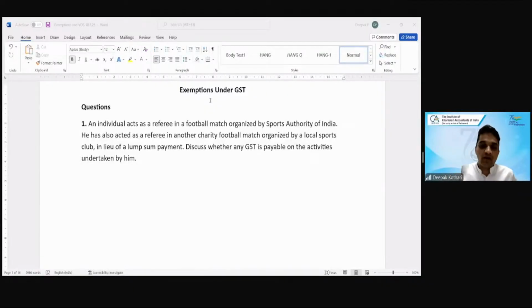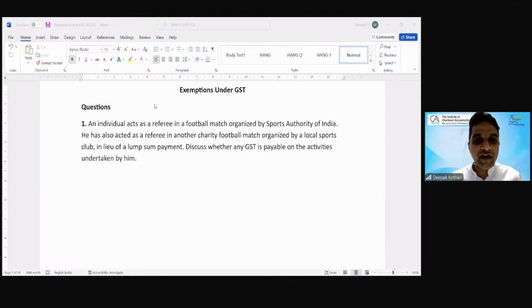So what we said is what we are going to implement now by working out some problems and seeing whether we are getting the right answer, and if we are not getting the right answer, what should we do to get the correct answer. That is the objective of these revisionary classes. This is specifically created by the institute so that during your revision we are with you, so that you know at what stage of revision you are and how much more in-depth study, if required, you will have to do.